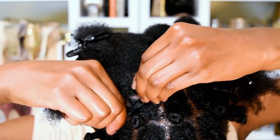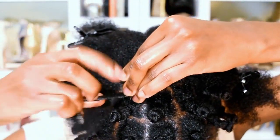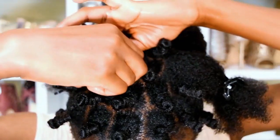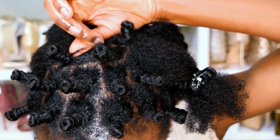And then place your finger at the base and wrap around once, and that's the first stack. And then you're just going to continue wrapping and creating additional stacks under each one. So each stack that you create makes the one before it lift up. So here I have my hair on the ends,